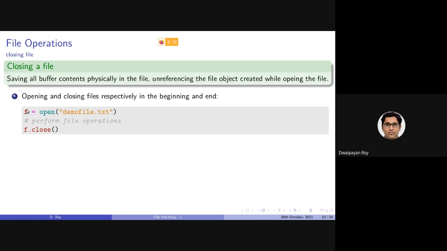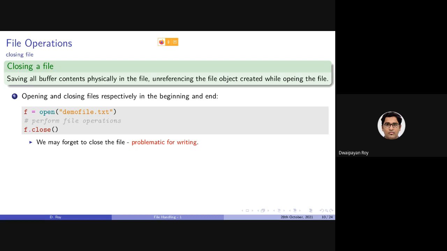If we specify something other than f here, that object name should be placed here. If we specify, say, f1, then f1 equals open, and f1.close should be used to close this file. This way of opening and closing a file might be a little bit problematic.